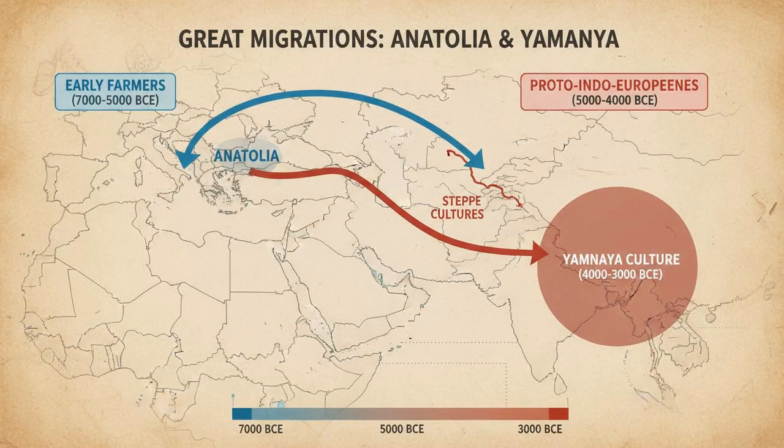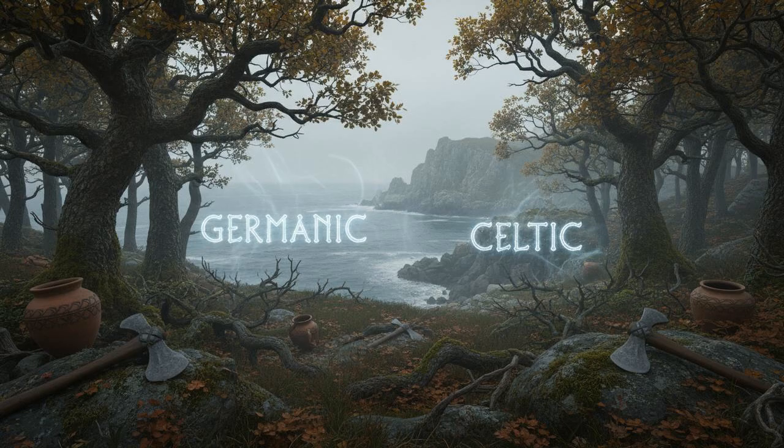Meanwhile, the remaining population on the steppe mixed with northern hunter-gatherers to become the classic Yamnaya we know, speaking late Proto-Indo-European. It was this group, armed with wagons and a new social organization, that expanded explosively east and west around 3000 BCE. Let us look at that westward expansion first, because it created the Europe we know today.